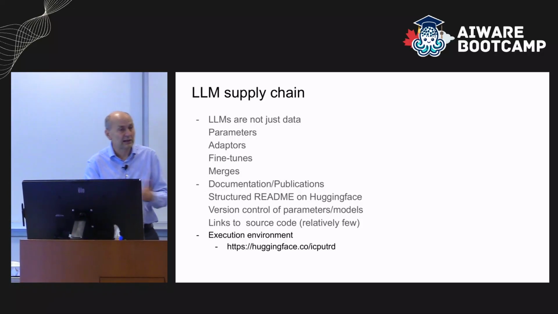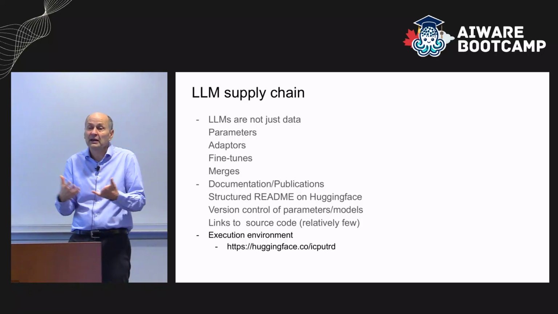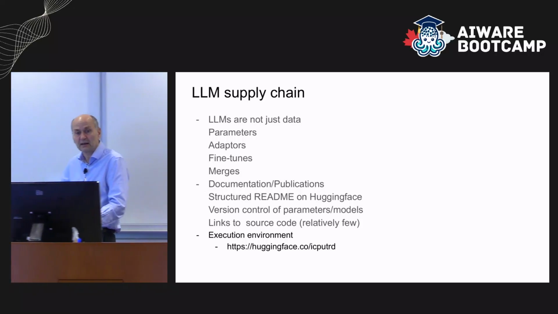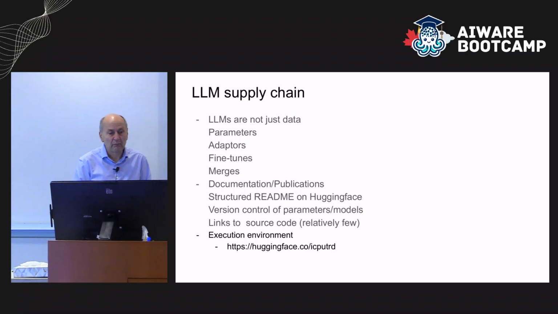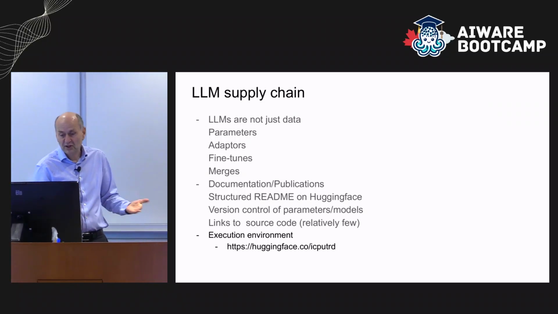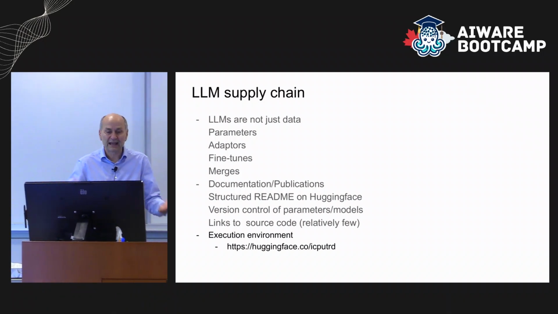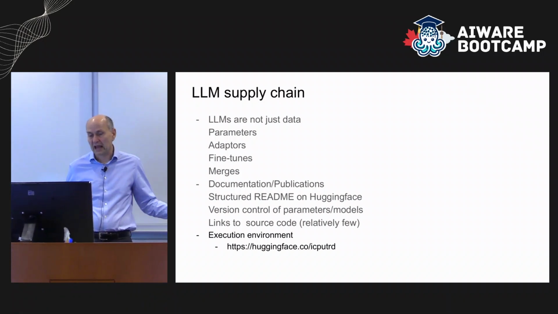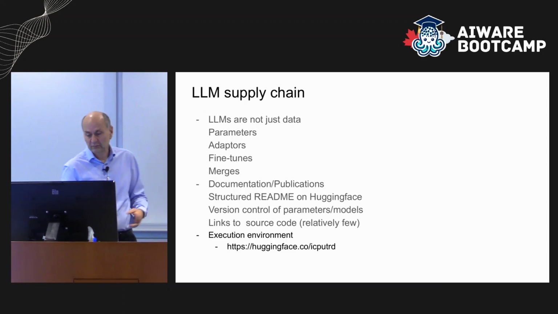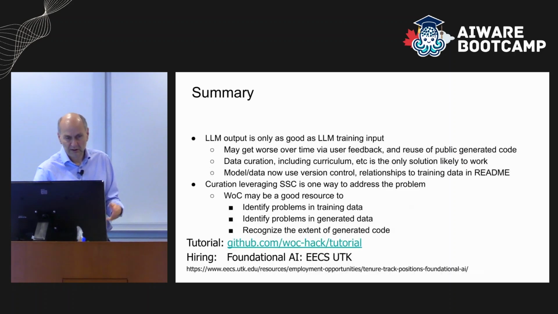Hugging Face also allows you to do version control of the models and data. GitHub does not, because the models and data are typically too large to do version control on GitHub. You need to pay a lot of money. But Hugging Face, for now, allows it for free, and so forth. So there are READMEs that have links to source code. Again, not very common, but anyway, that's yet another thing, which I didn't talk too much about, but that's something that I'm working on, and anyone who's interested, I'd like to collaborate on that.